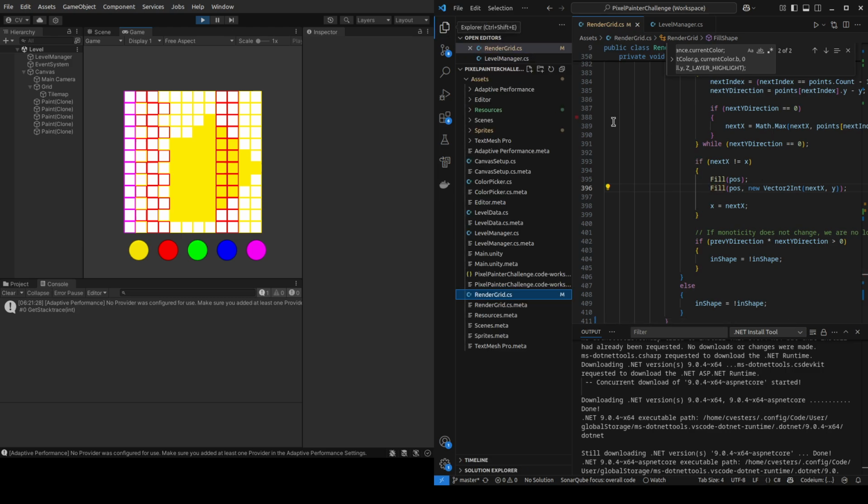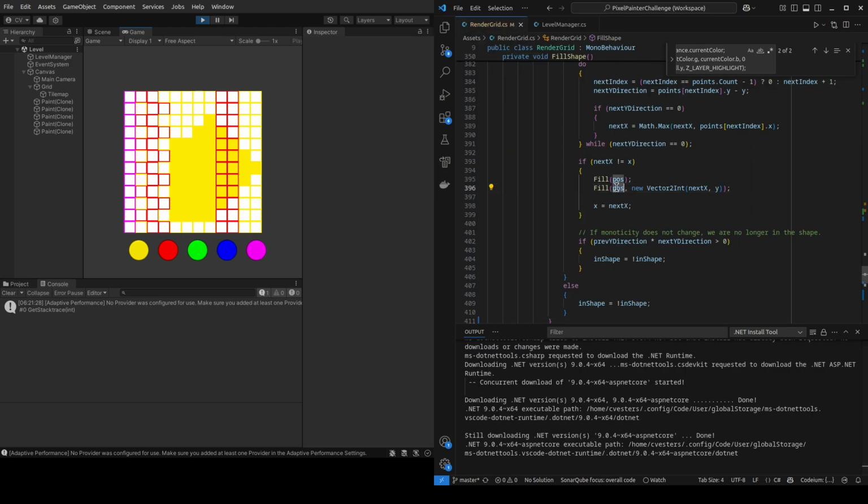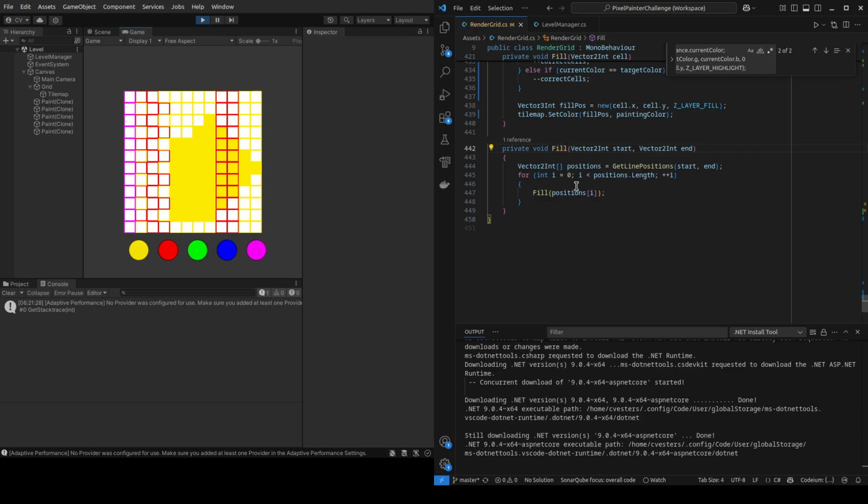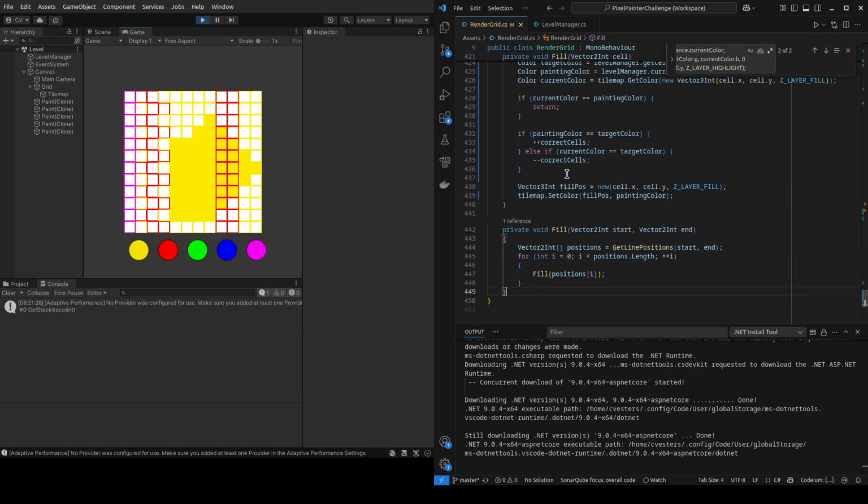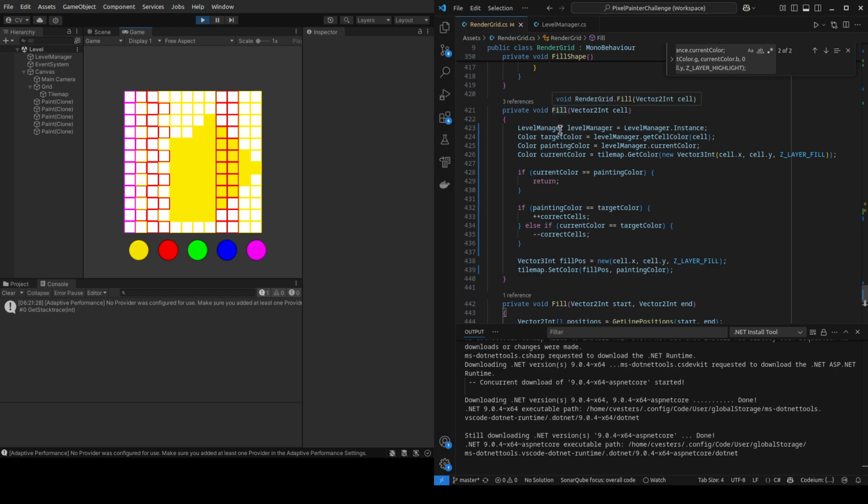Okay, this method is only used once. So technically we could get rid of this fill method and then we could see if we could extract the whole logic of, okay, you're responsible for